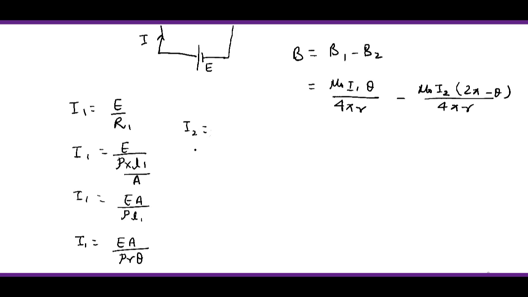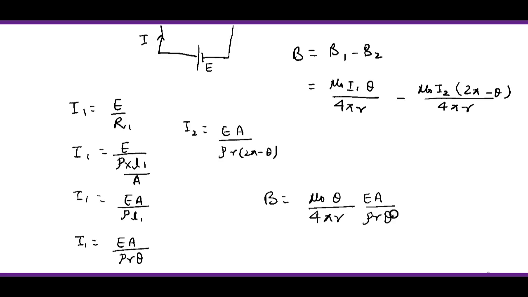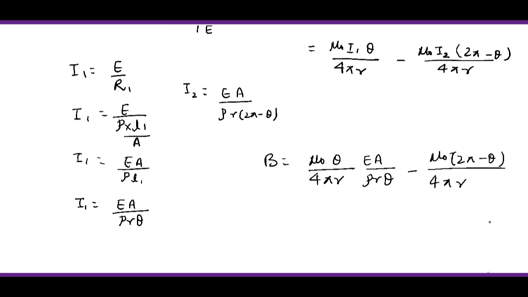सिमिलरली I2 की वैल्यू E A अपॉन ρ r इंटू (2π − थीटा) होगी। अब I1 और I2 की वैल्यू को अपने फॉर्मूले में पुट कर देते हैं। तो B इक्वल्स टू μ₀ थीटा अपॉन 4πr, और I1 की वैल्यू E A अपॉन ρ r थीटा, माइनस μ₀, (2π − थीटा) अपॉन 4πr, मल्टीप्लाई में आ जाएगा हमारे पास,